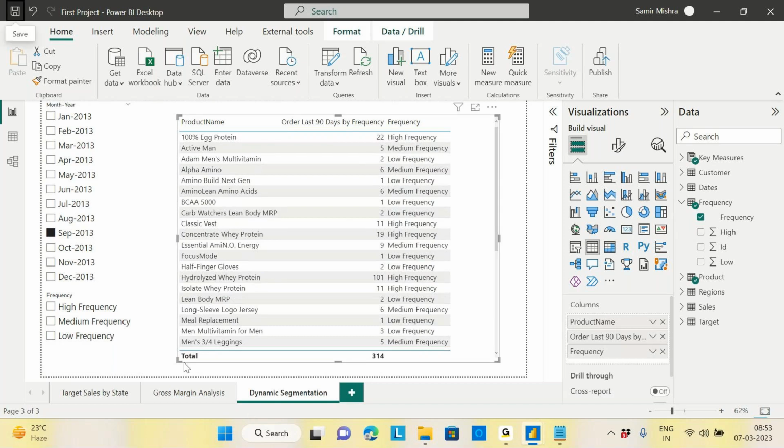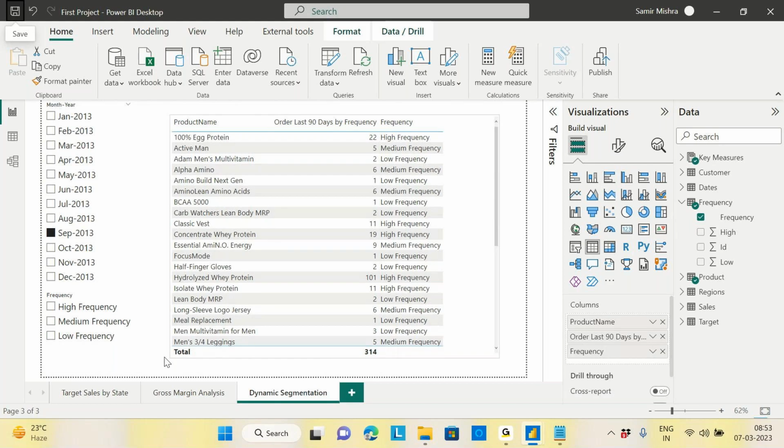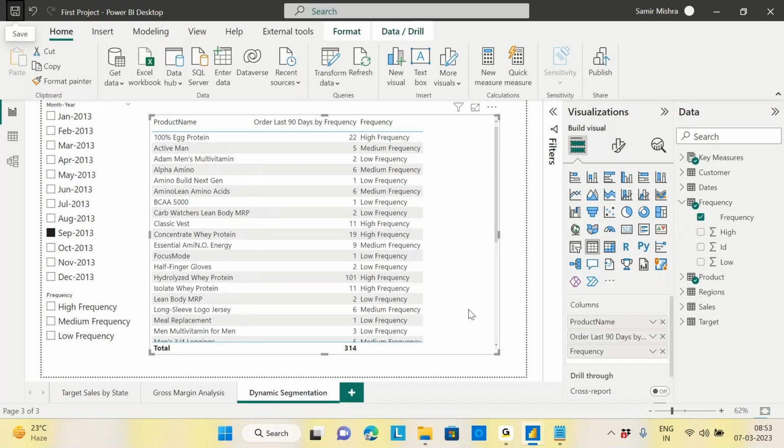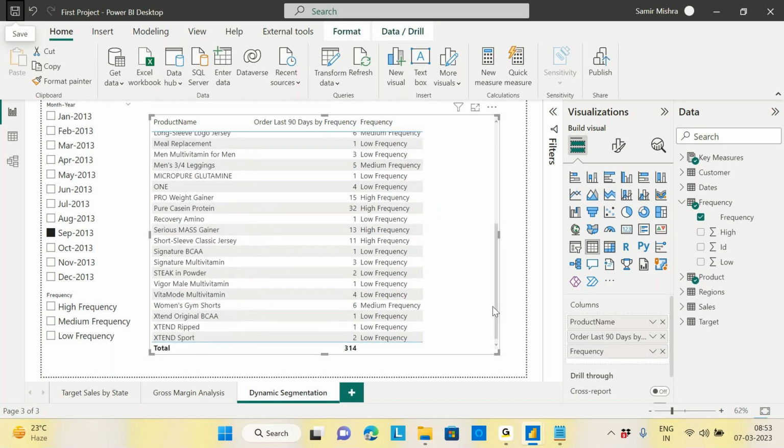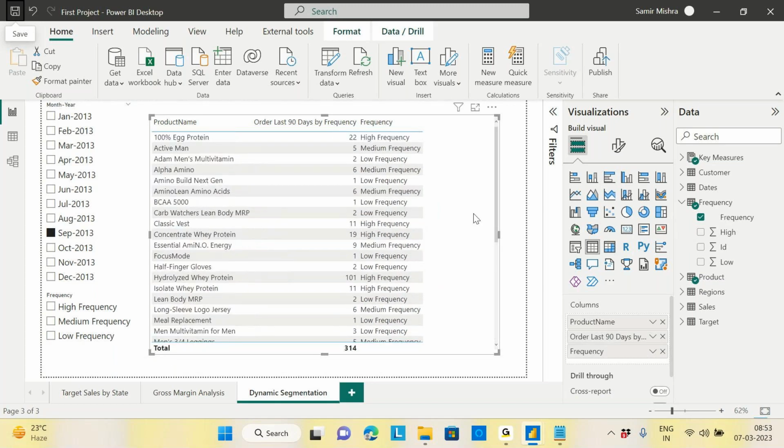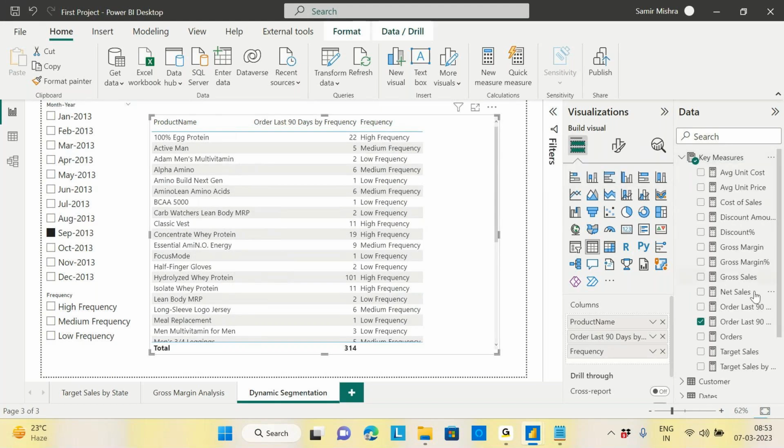Now on the same thing, I want you to do one exercise. That is up to you. If you have not done it by tomorrow, I will not discuss. But if you tried something, I will do one more time. In this case, I want to see the sales as well, net sales. But when you drag the net sales here,